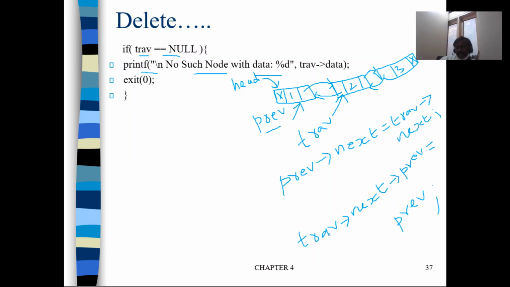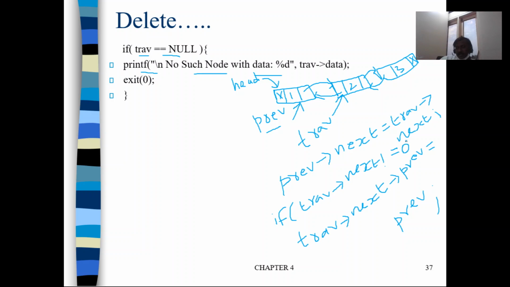But before giving this condition, again you should check something. Assume there is no node 3, and node 2 is the last node. Then you cannot do this, right? Because there is no next node, how could we access the next node's previous? So you should do this only if traverse arrow next is not equal to null.